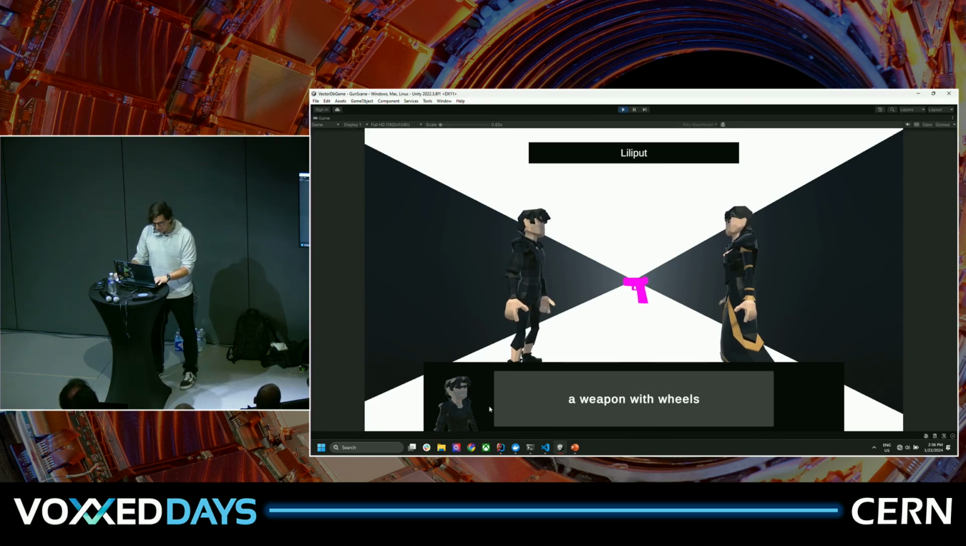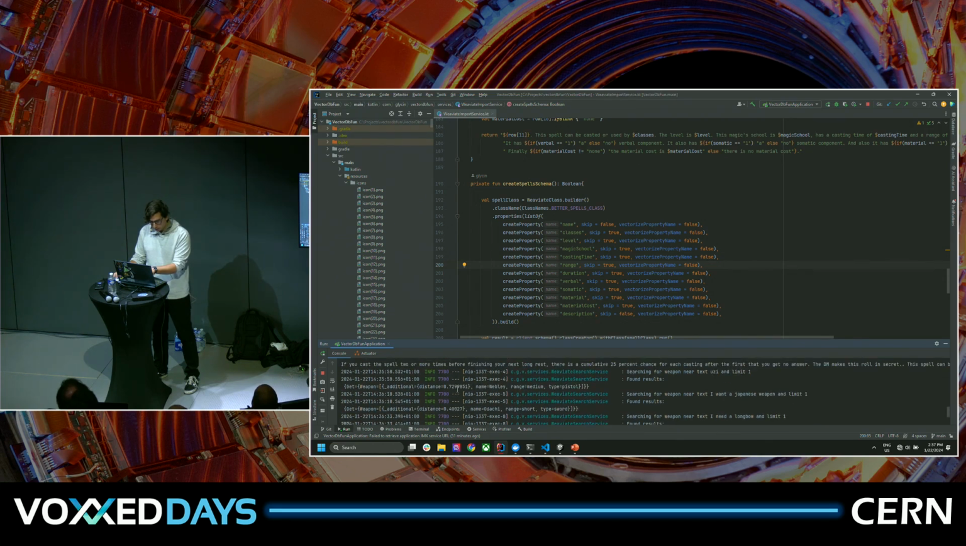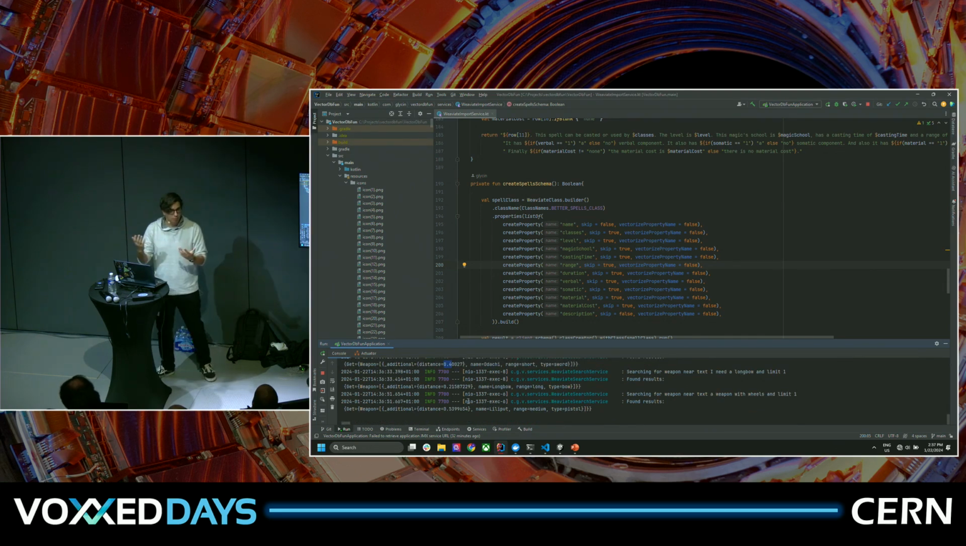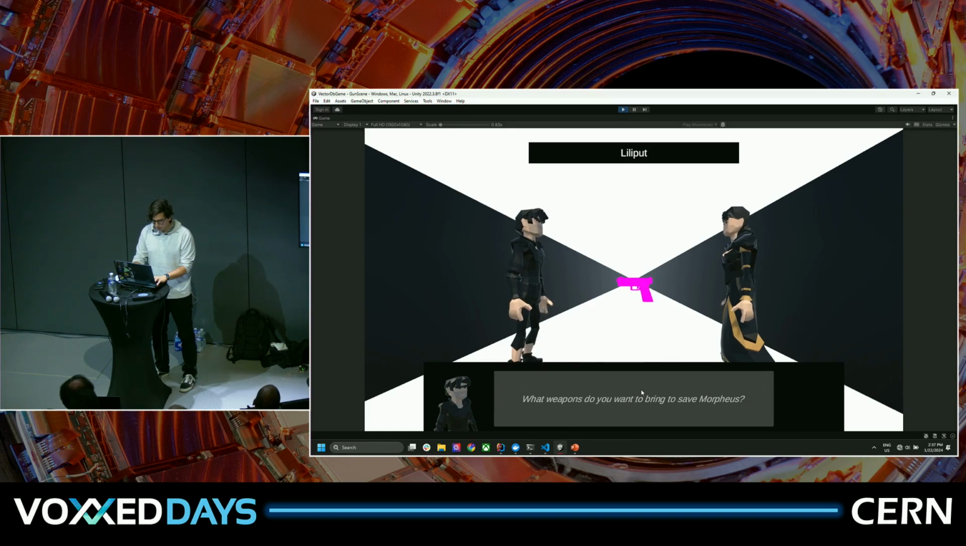So let's see. The distance of the Lilliput from the weapon with wheels was 0.53. I have a 0.99 cutoff on the distance. And for example, the longbow, the distance was 0.2, and the Japanese was 0.4. So you can see it was a little bit off. I don't think I have a weapon with wheels in my data set. So what I could try, last one, an explosive